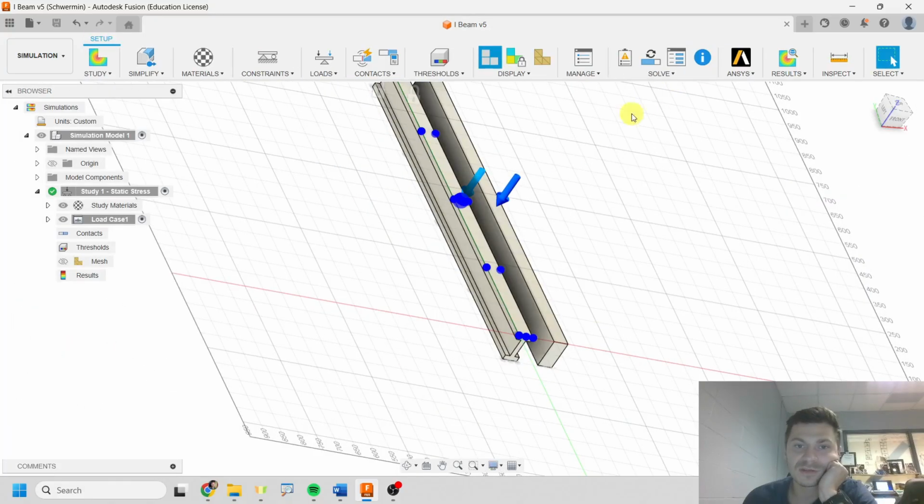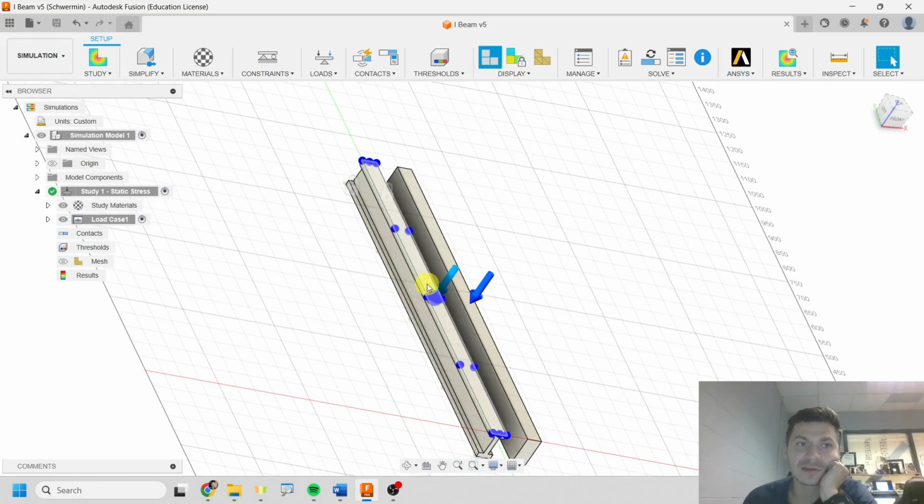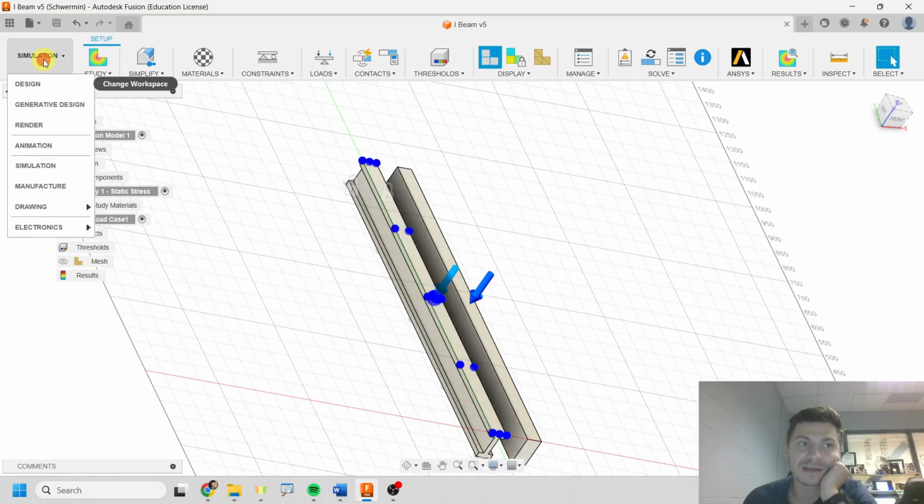And then you click finish and you leave the results and you're back at your simulation workspace. And if you'd like, go back to design